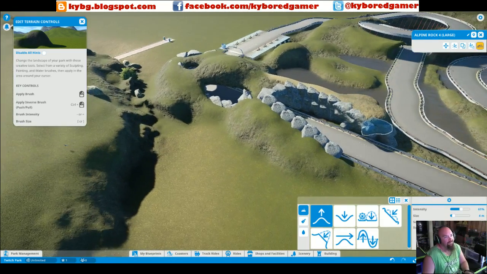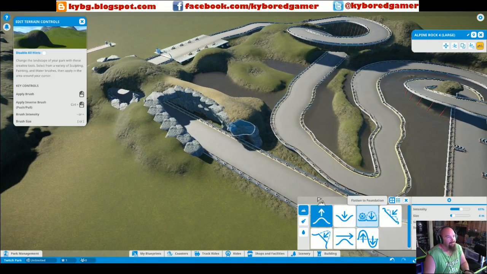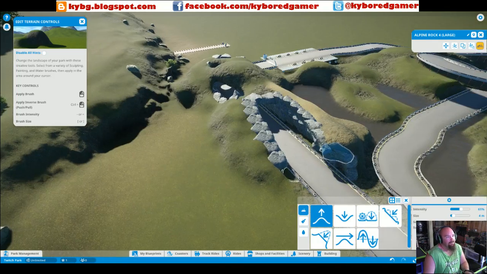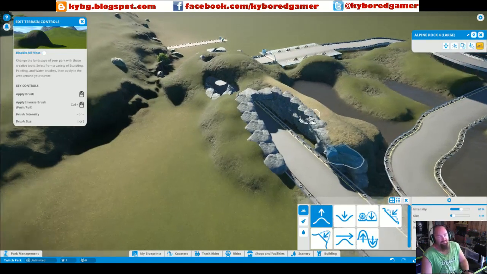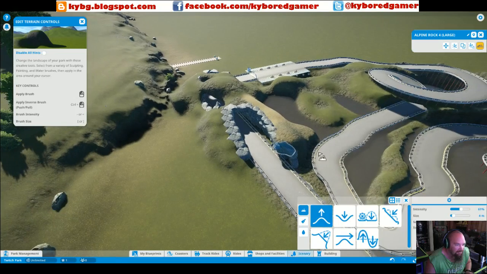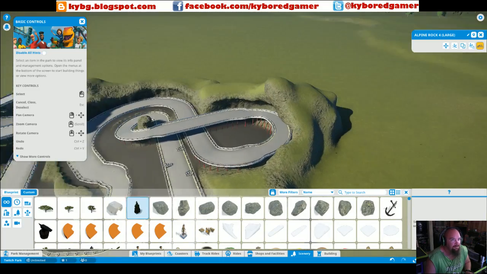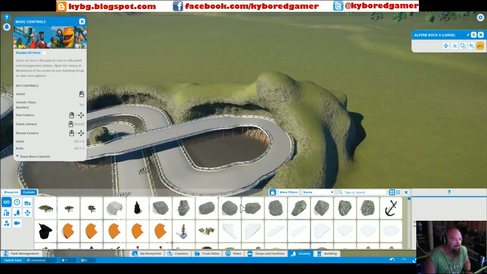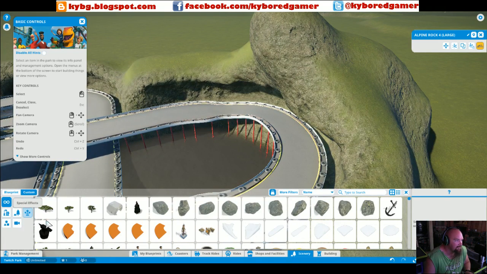Alright. That's enough rocks. You know what works really good when you have a whole lot of rocks and stuff? Ivy. Yeah, I'm gonna try to cover up, break it up a little, I guess you could say. Ivy is amazing. Let's see. We need some rocks over here. Well, we don't really need any rocks over here. We do need...